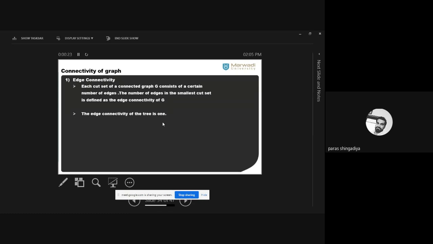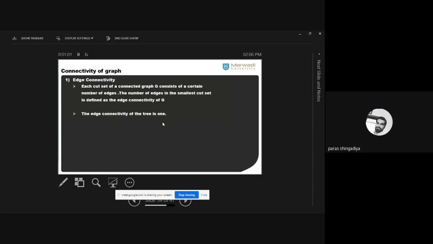Two types of connectivity. First is edge connectivity. So what is the meaning of edge connectivity? We consider the collection of cut sets of any graph, based on the number of edges, and then observe all the cut sets and identify the smallest cut set. What is the meaning of the smallest cut set? In such a cut set you have to check the minimum number of edges. If we have three cut sets, in the first cut set we have two edges, in the second three edges, and in the third only a single edge. So which will be the smallest cut set? The single-edge one.